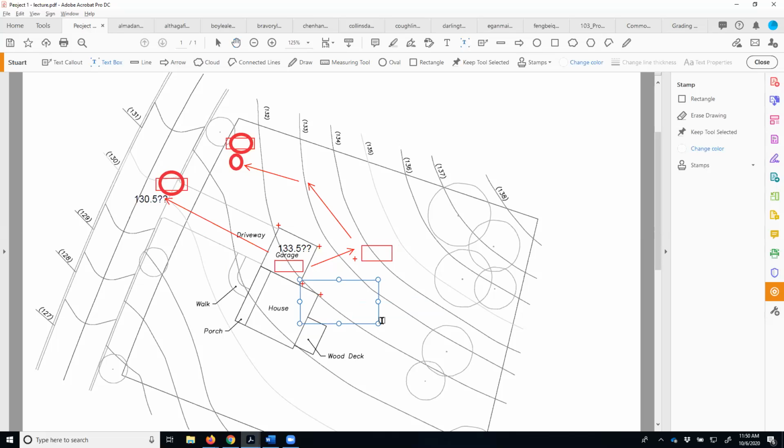So F, I'm not getting any typing there. Let's try this one. Okay, so FFE minus 0.5. That's what that elevation is going to be. And it's not going to change. It's always going to be the FFE minus 0.5. And if we had this at a 2% slope,